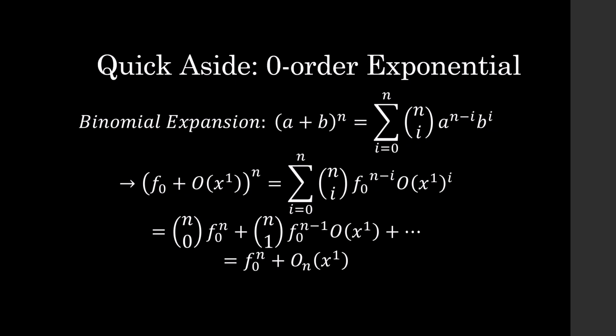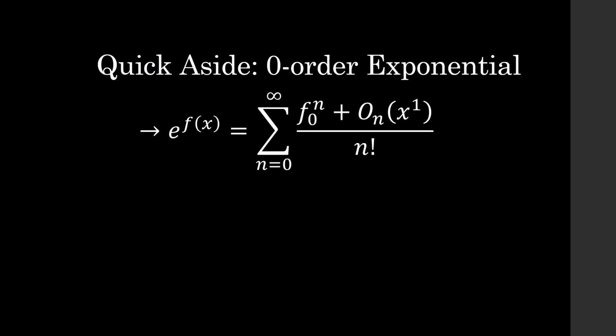So we'll say it's going to be order x, and we'll denote it with an n because it is still going to be dependent on this n. But now we have a reduced form for our exponential of f to the n. So replacing our f to the n with this zero order f naught to the n plus our order x,